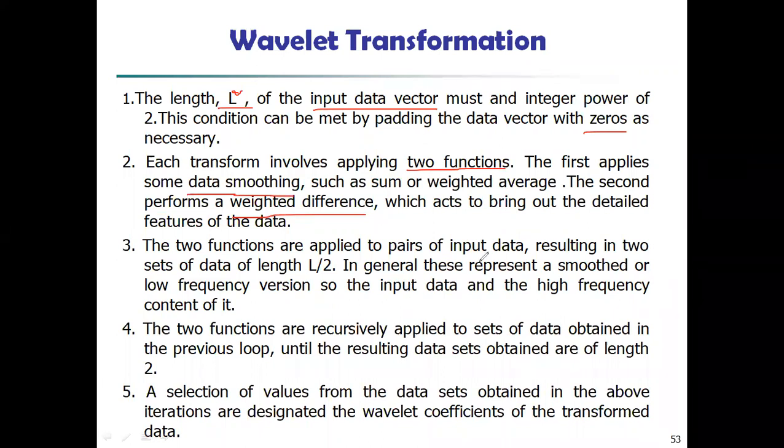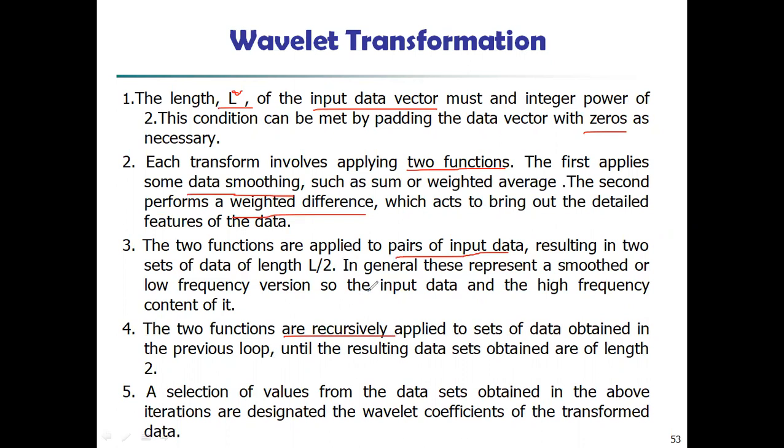We have doubled the data by adding some padding bits. Those are zeros, isn't it? So the two functions can be applied to each pair of input data, right? After that, the fourth step, the two functions are recursively applied to the set of data obtained in previous loops. These two functions are applied recursively, not only one time, more than one time we can apply on that given